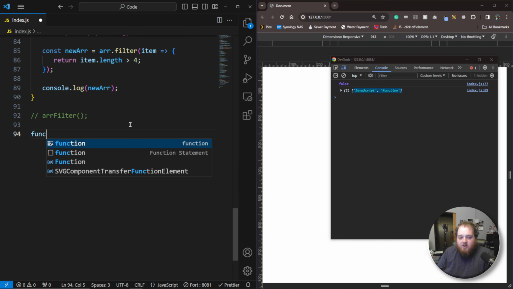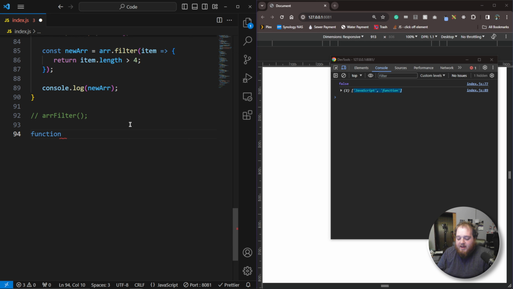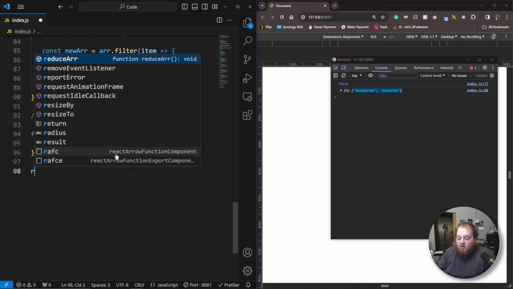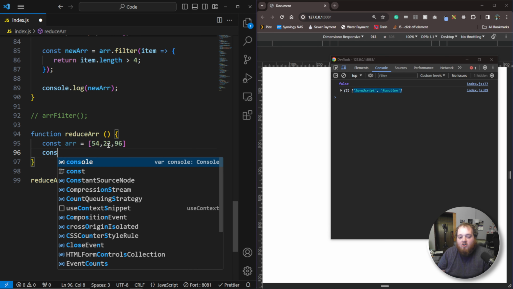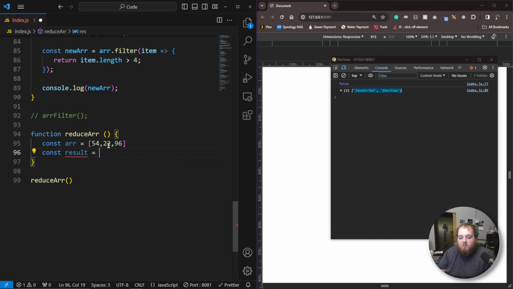Now let's just go ahead and create our function. And we're going to create the reduceArray function. And then we're just going to go ahead and call the reduceArray function. Now inside of here, we're going to, of course, create our array. So we're going to say const array, and we're going to set that equal to a few values. We're going to say 54, 22, 96. And then we're going to say const result, and we're going to set that equal to